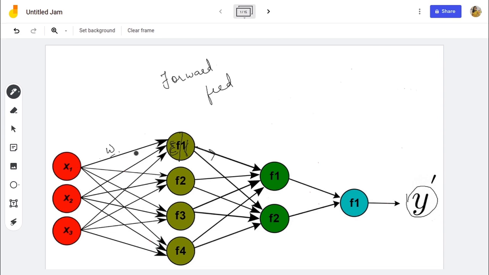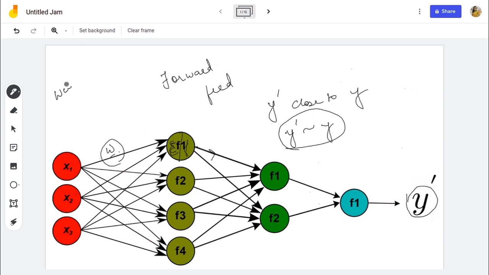Since all these weights and biases have been randomly initialized, there is no way that the predicted value is going to be close to the actual value. But for a good model, we should have the predicted value to be as close to the actual value as possible. So think about it. How do we actually come to this thing? You have the inputs, you cannot change the inputs, you can just pre-process it. The only thing that you can change in this entire model is maybe the weights and biases. Hence, weights and biases need to be changed